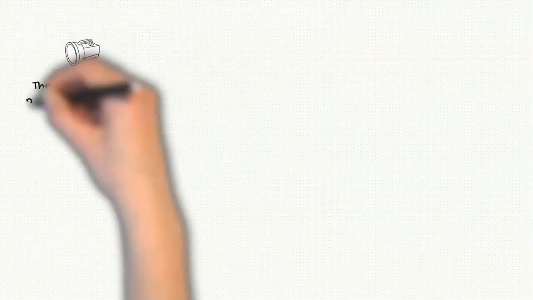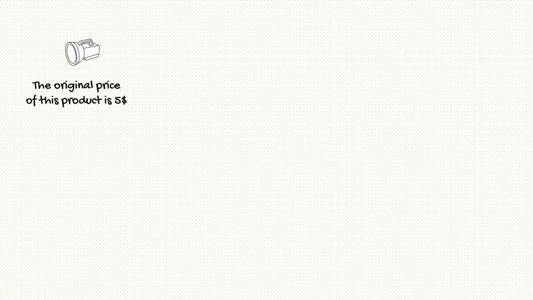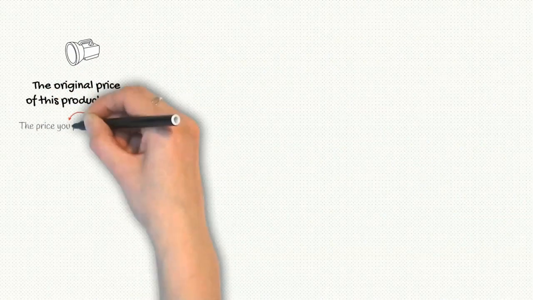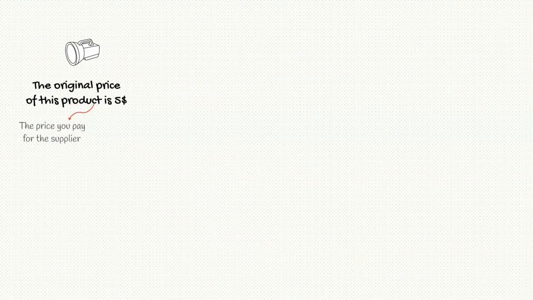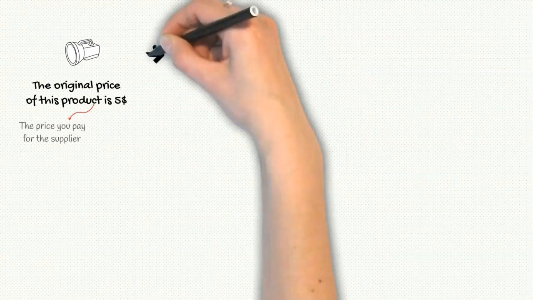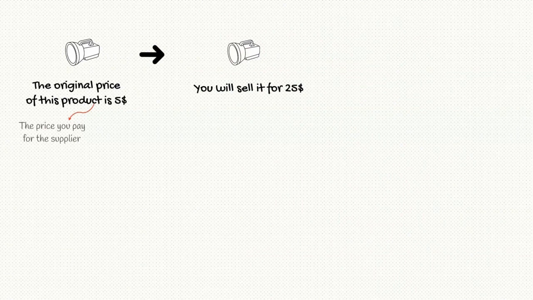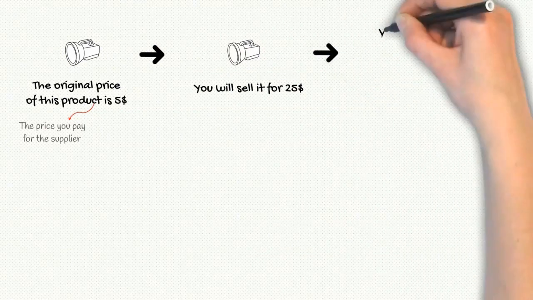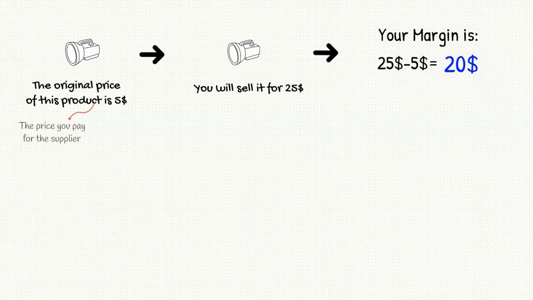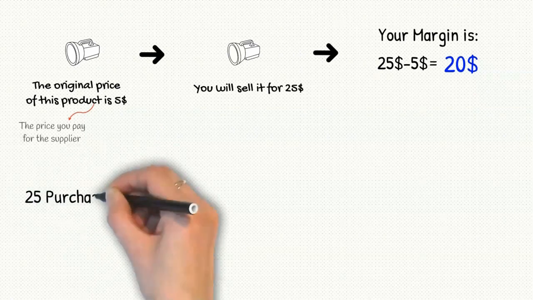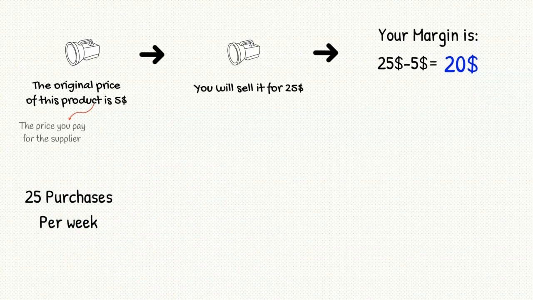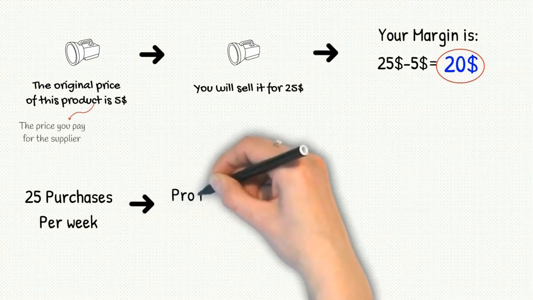Let's say you are selling a product and the original price of this product is $5. By original price, I mean the price you are paying your supplier. So you want to sell this product for $25, so your margin is $20. So if you want to have 25 sales per week and you have $20 margin per purchase, then we have